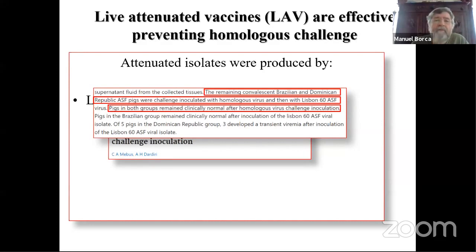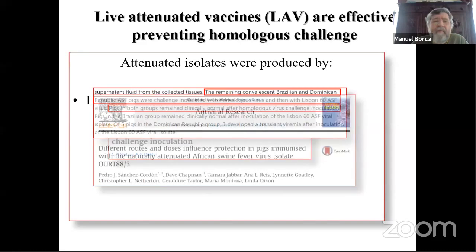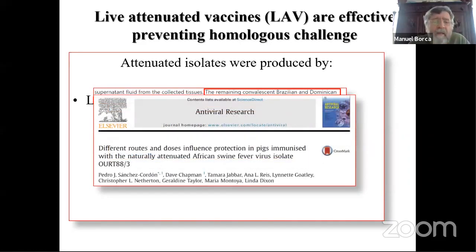Some of these viruses, I will talk a little bit about some of them, are like the isolate OURT88-3. I think this isolate was isolated from soft ticks in Portugal. This is a non-hemadsorbing virus. And interestingly, this virus produces a strong protection when it's used to immunize animals, and the animals are challenged with a homologous virus,